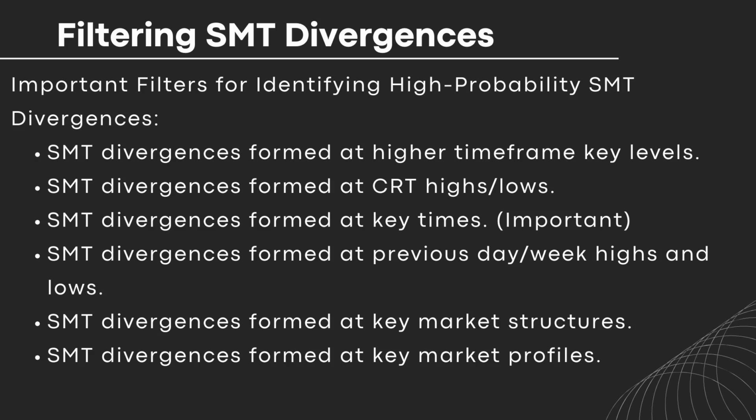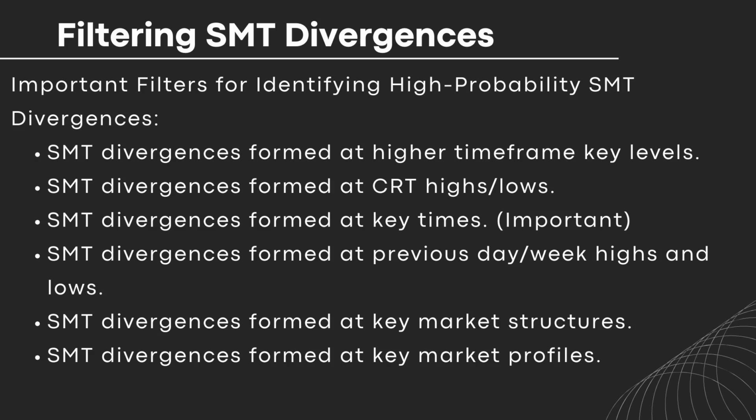For example, during London Open, during 3 a.m. or during New York Open, you're only going to trade these type of SMT formed at key times. If it's formed during the Asian session, then obviously you're not going to trade it because that's not a key time for EU, right? For SMT to be formed or for any significant expansion or reversal to occur. And if you trade that sort of CRT formed during the Asian session, then most likely they won't work, right? So to only end up with high probability CRT, you must look for SMT to be formed at key times